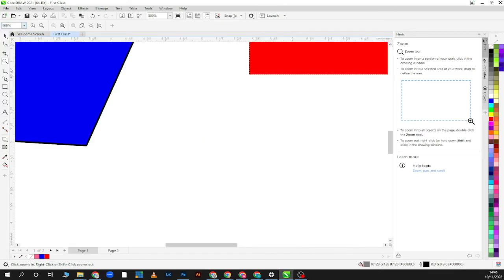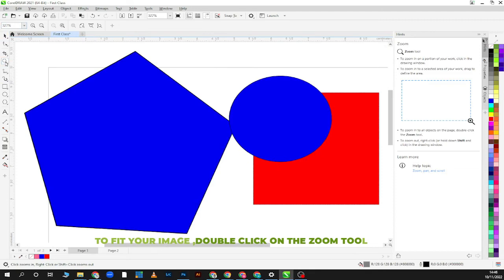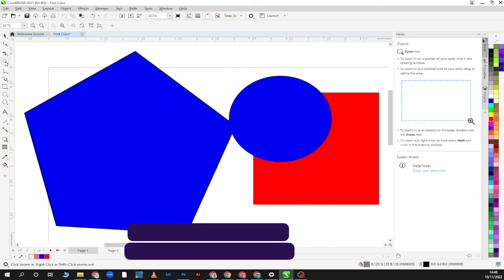Then if you just want to fit everything at times, instead of going here and clicking on fit, what you have to do is just double click on the icon. It's going to fit all the information that you have been designing. So that's a tip. Then the last bonus is you can also use your keyboard: Control plus to zoom in and